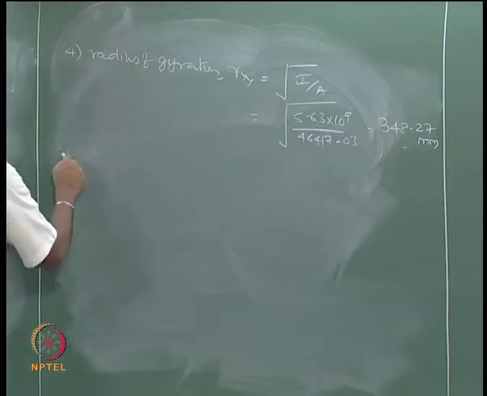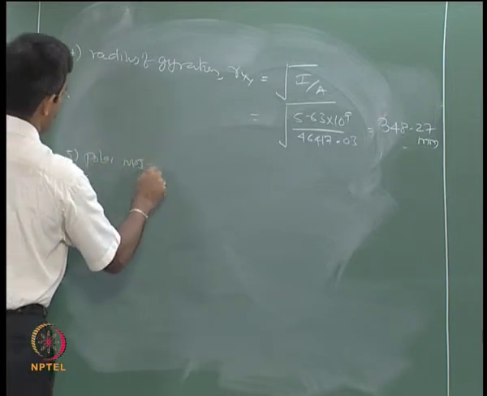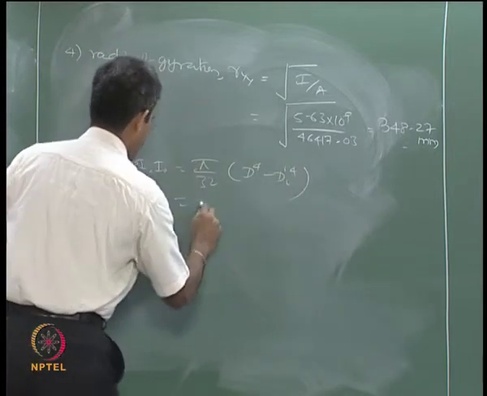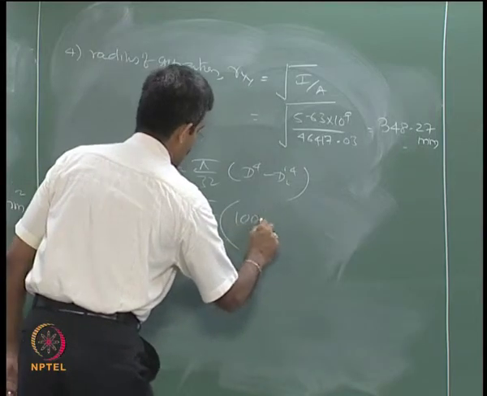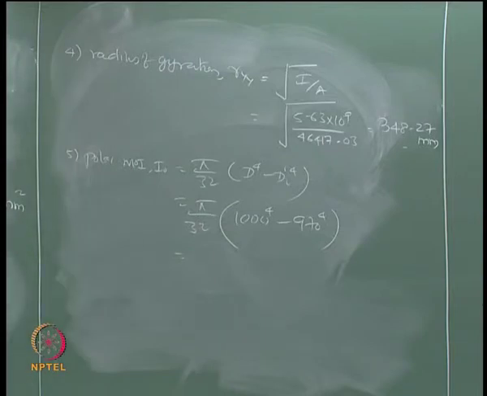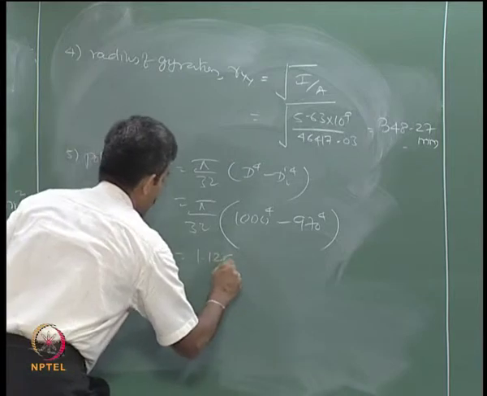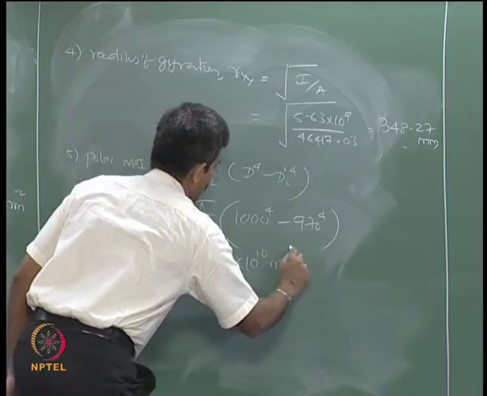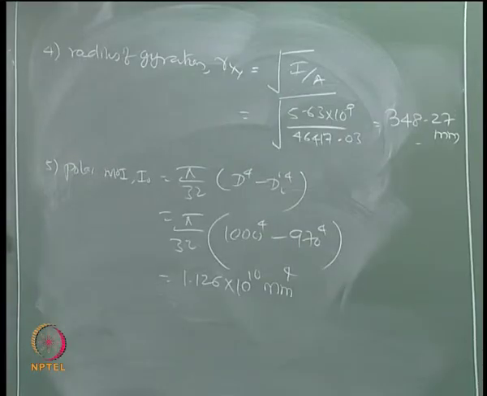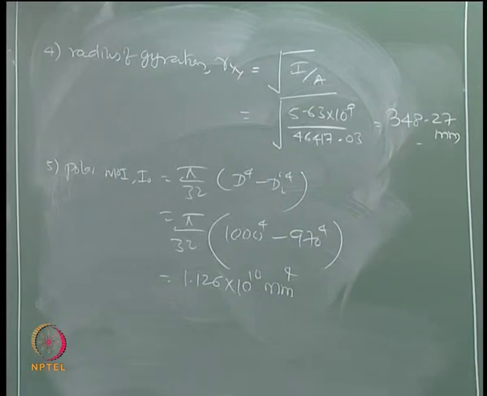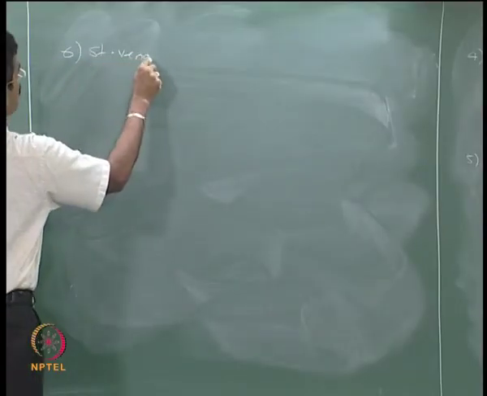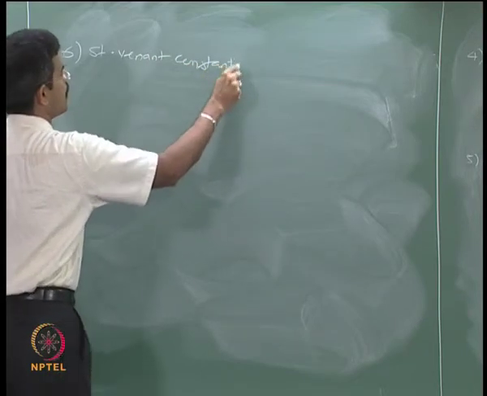Let us work out the polar moment of inertia I naught, which is Saint-Venant's constant capital K,